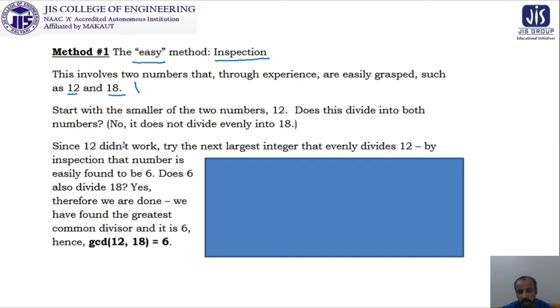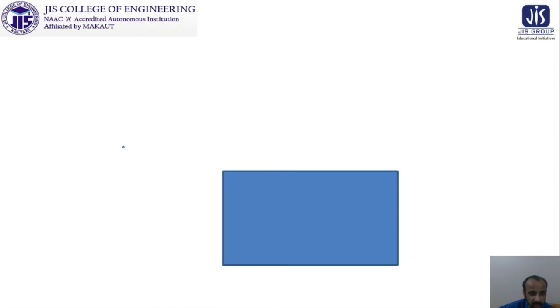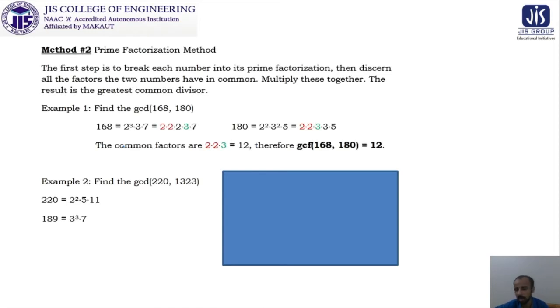Clear? So what is waiting under this blue box for us is to try for yourselves. In this method, I know that you can find the GCD of 24 and 54, but please think about what will be the case. Now proceeding further, again we are going for method 2, which is a very interesting one, and you have got the idea that every number can be uniquely represented by prime factorization. So our first step is to break each number